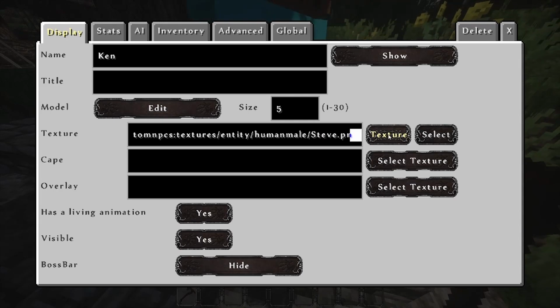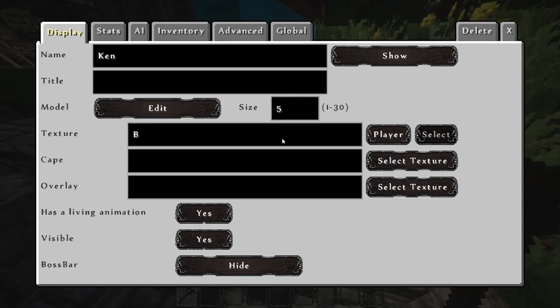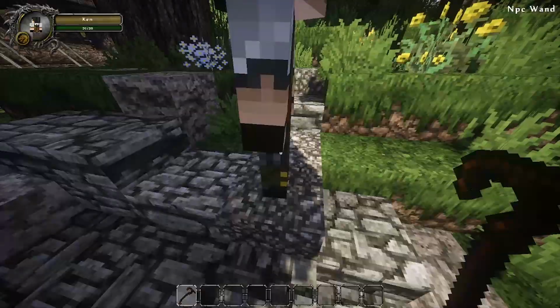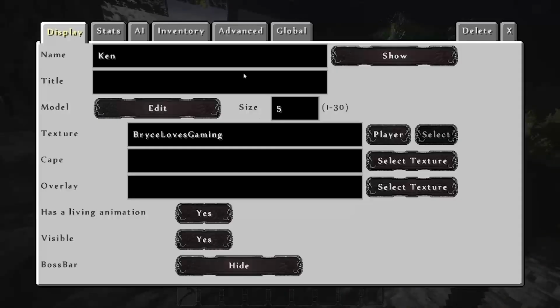Which I don't know why I was about to do that. I don't think that actually works in 1.7 anymore. I guess we'll find out. Oh, it does. Look at that. It's me. Okay. So you can set the name and the thing and the size and all of that,